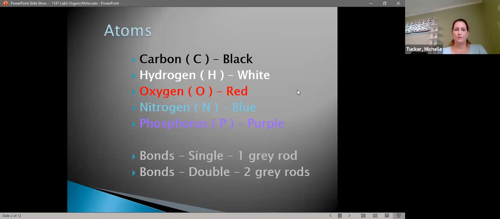The first thing to think about with molecular models is: what are you building with? So what are your atoms? And so what we use is a molecular model kit, and